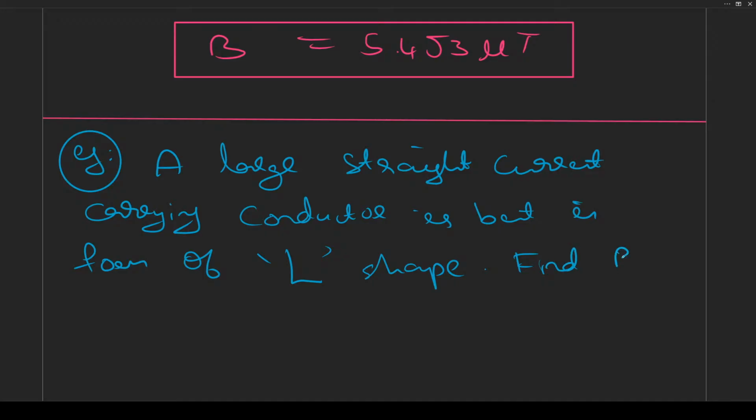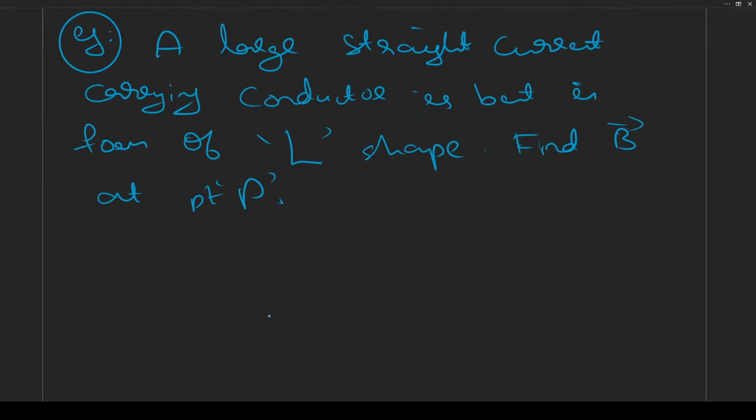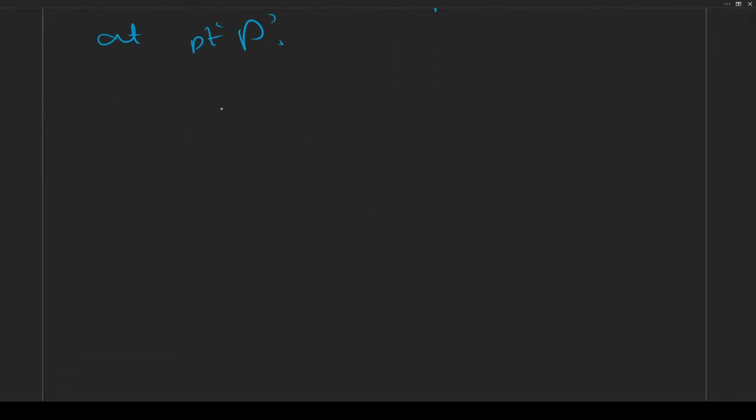Find magnetic field at point P. I'll show the diagram. This is the bent conductor. This is the direction of current. This is P here, where they mentioned that